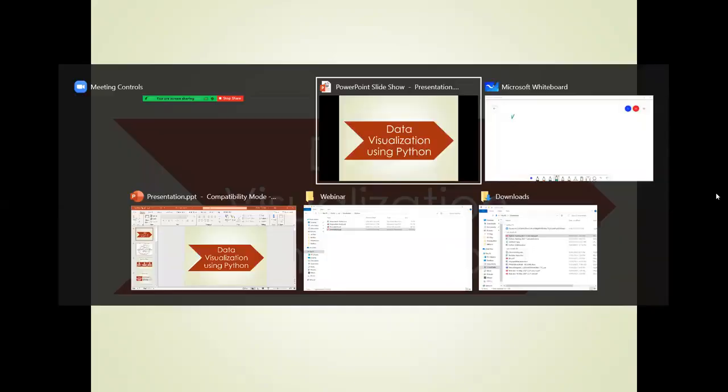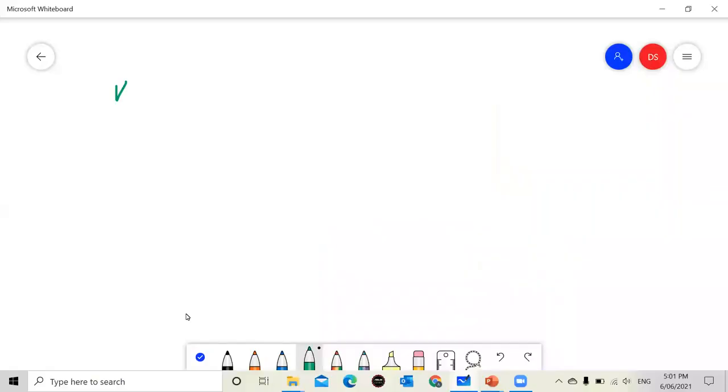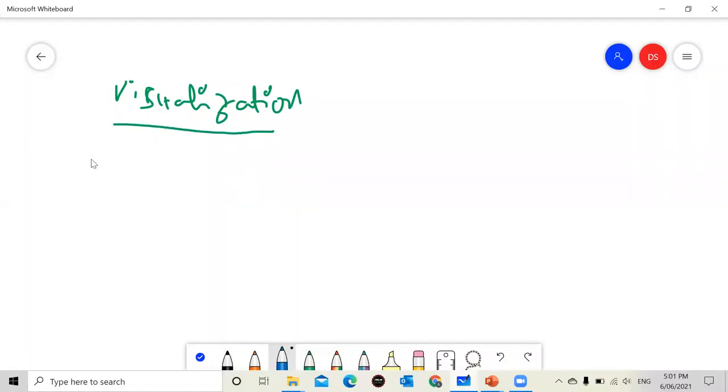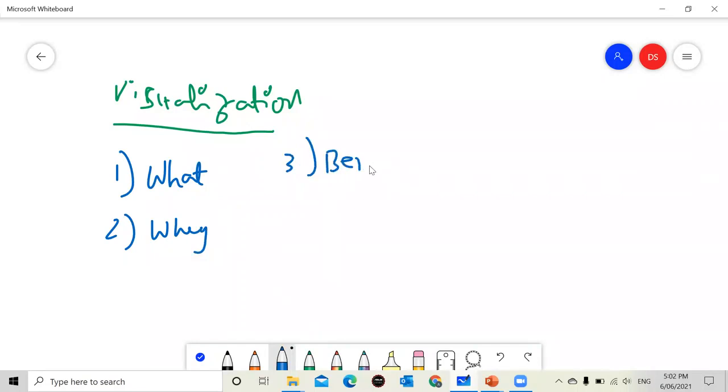I'll be using the whiteboard for explanation, so I'll be writing here. The topics we are going to see, I'll write whenever required. So the first topic is what is visualization, then why visualization, then we are going to see the benefits of visualization,